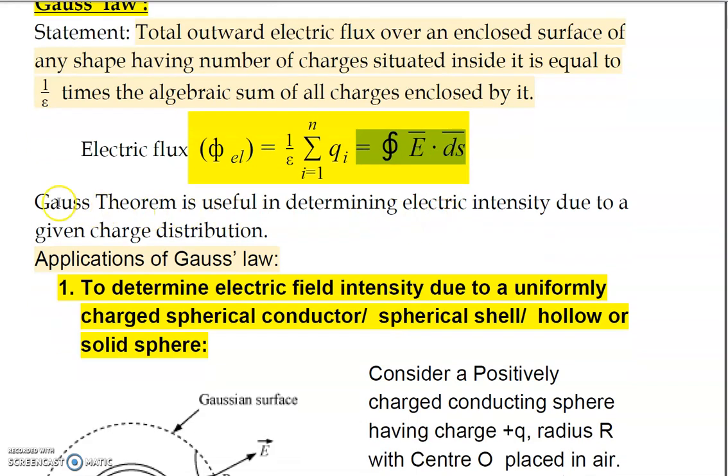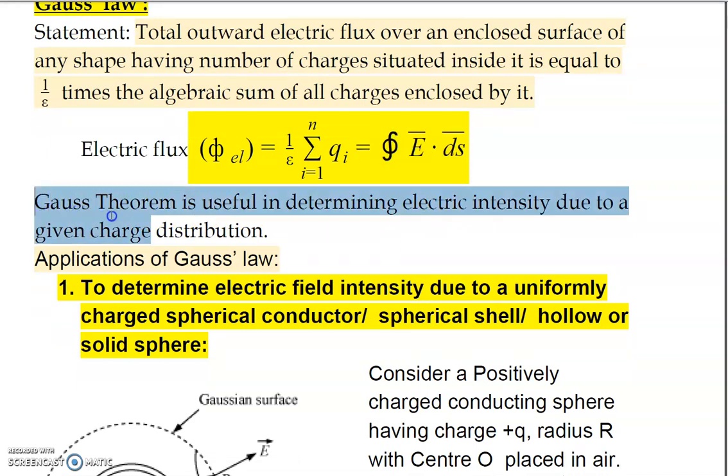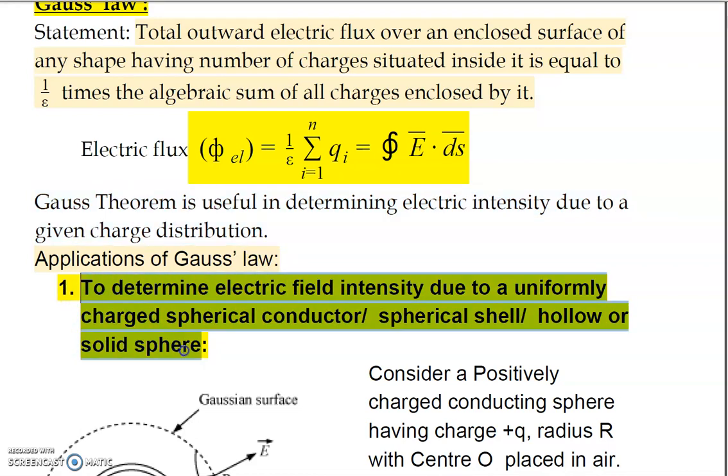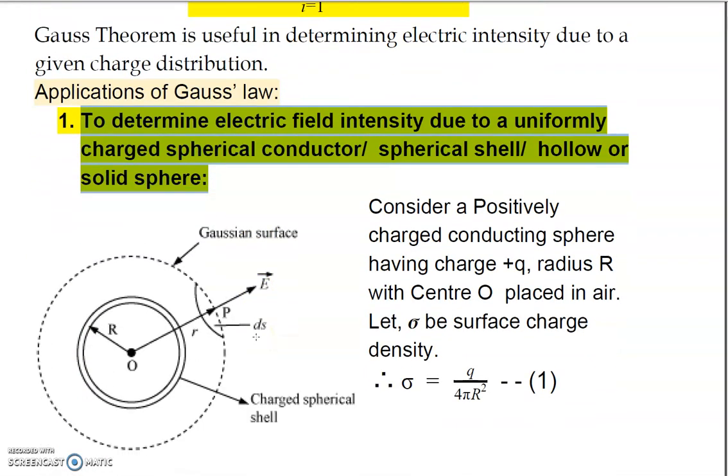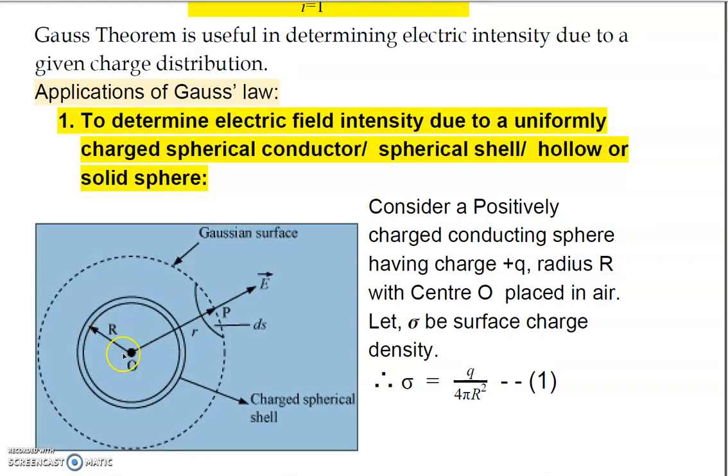Now what is this Gauss theorem going to be useful for? We are going to use this Gauss theorem in determining the electric intensity due to a given distribution of charge. The first application that we are going to study is to determine the electric field intensity due to a uniformly charged conducting sphere or a spherical shell which is charged, or a hollow solid sphere which has been given charge, for which I take into consideration in this figure